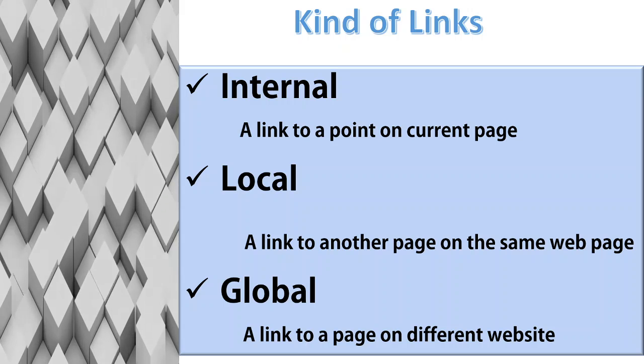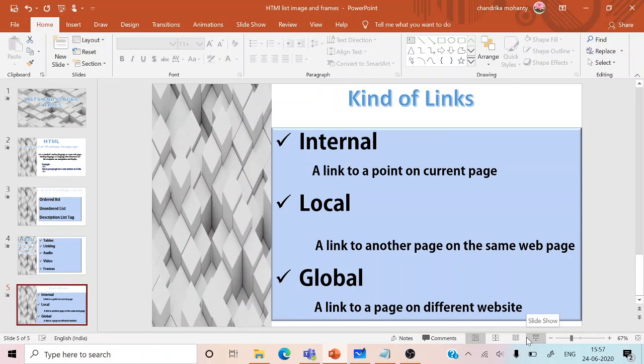So we will see now how we are going to achieve this and what is the tag which we are using to achieve this. The tag which we are using is the anchor tag. Anchor tag is written with the help of the angle brackets and a, where you are anchoring it, and with that we are using another attribute, that is the href. What is href? It is the hypertext reference.